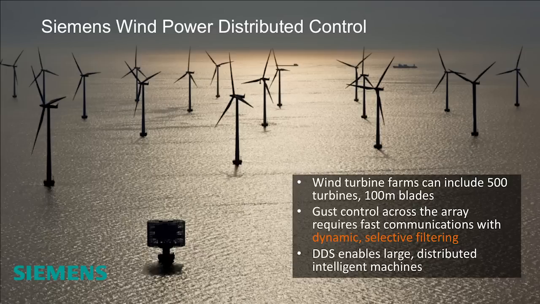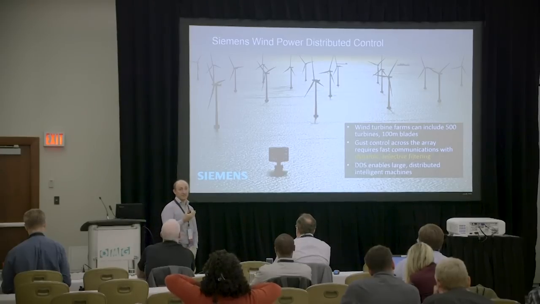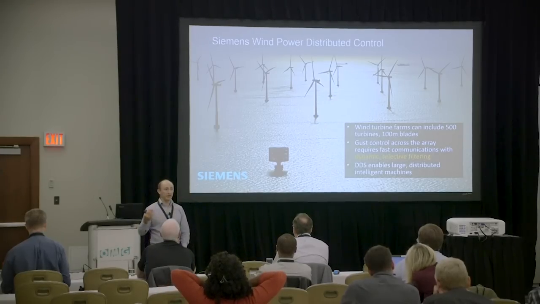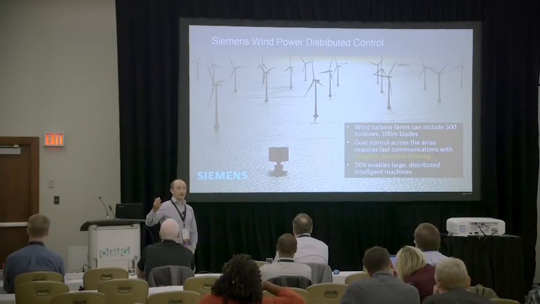But it's not just that. A lot of the new energy generators out there, like what used to be, I'm not sure if it still is, the largest wind power generation in the world off the coast of Denmark, about 500 turbines, each one 100 meters, which means each one of those wind turbines is bigger than a 747. And again, it's very complex. When I was made aware of this system and realized what they needed to do and how they architected it, I realized the complexity. Each one of these devices has hundreds of variables being monitored in real time to make sure this turbine doesn't break.